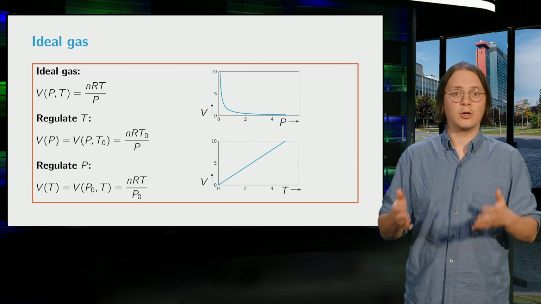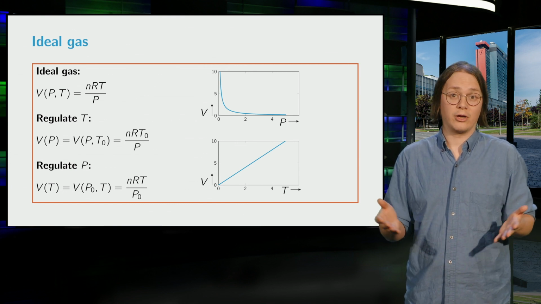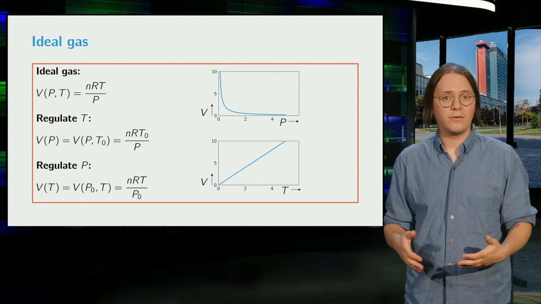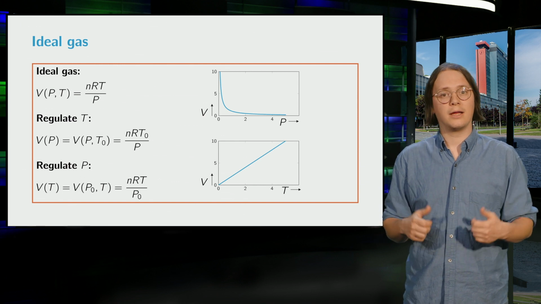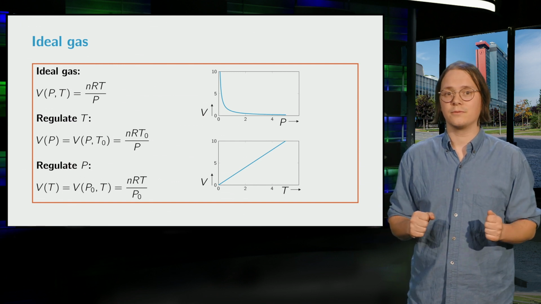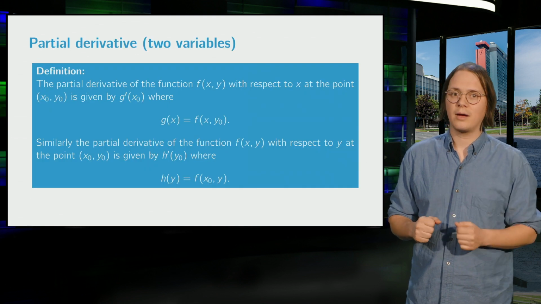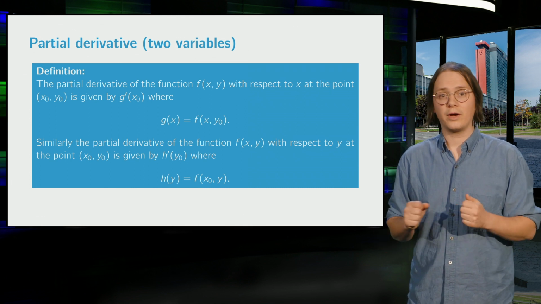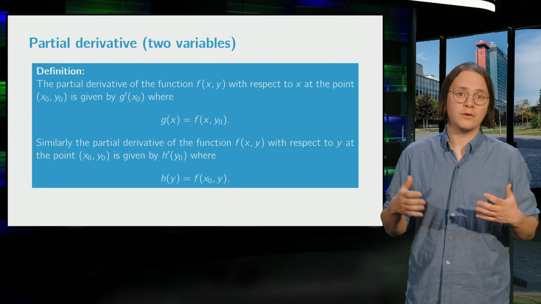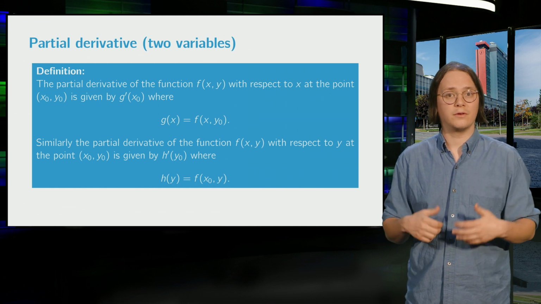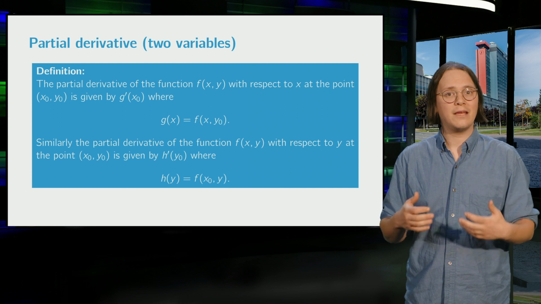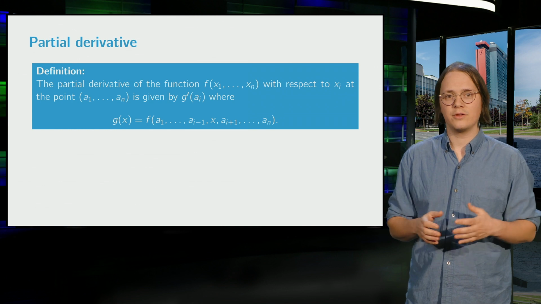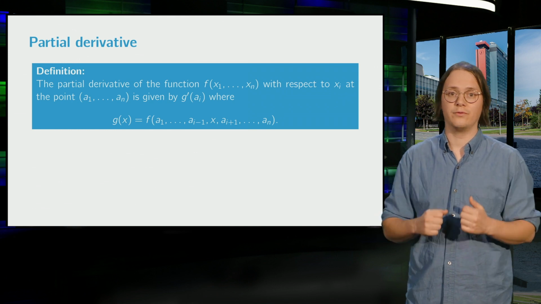Of course, we may similarly consider a situation in which we are able to regulate the pressure and keep this at some constant value P0. This would mean the volume becomes a function of just the temperature, and again we may consider the rate of change of this function. What we have just described is the idea of so-called partial derivatives. In short, a function of two variables has a partial derivative with respect to each of those two variables, and they are the derivatives of the functions of one variable one would obtain if the other variable actually remained constant. Hopefully it is clear how this notion would be generalized to functions of more than two variables.